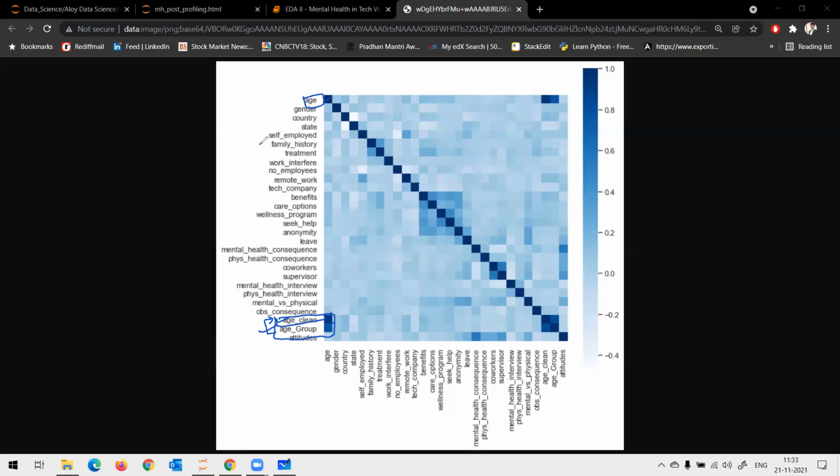Now, family history has a high correlation with treatment, correct? So this is a use case. If you have a family history, you tend to take the treatment. Remote work with respect to self-employed go hand in hand.